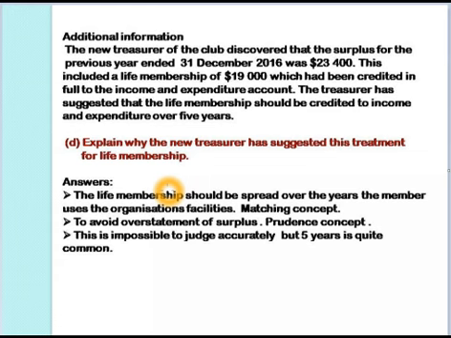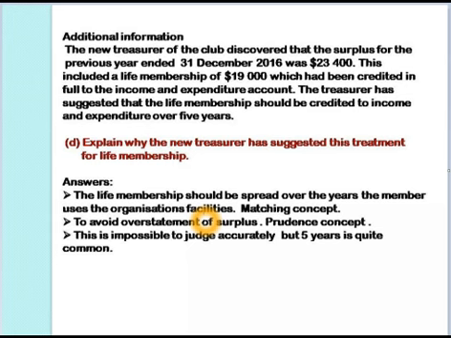This is what is used when we follow the matching concept, and based on this, the life membership should be spread over the years the member used the organization facility. So based on this concept, the treasurer may have suggested that the overall life membership should be divided over 5 years. Apart from that, there is also another concept which we need to follow, which is the prudence concept, which states that the profit should not